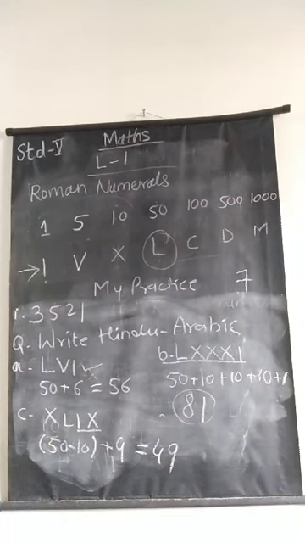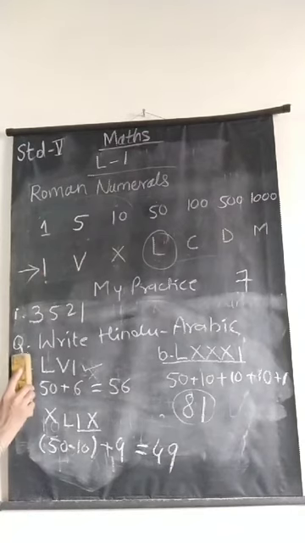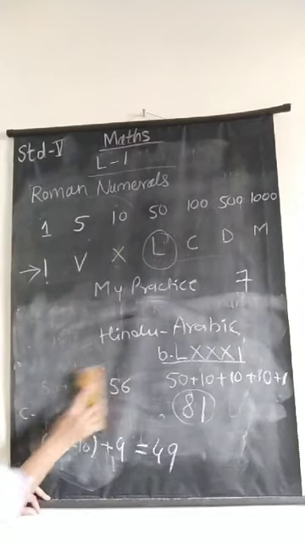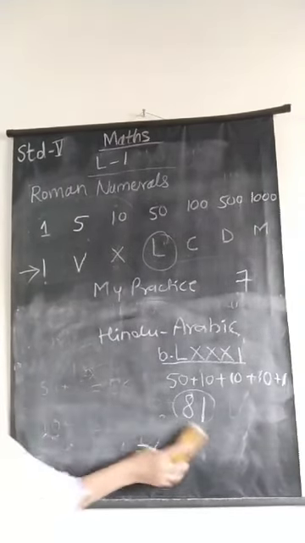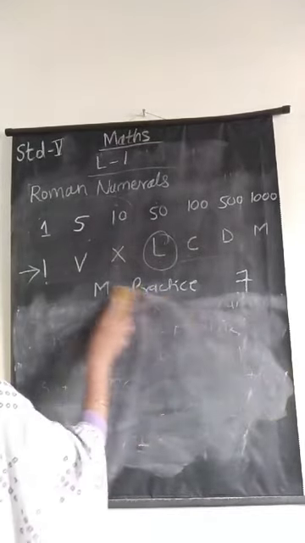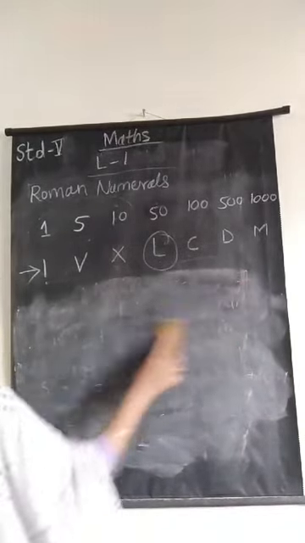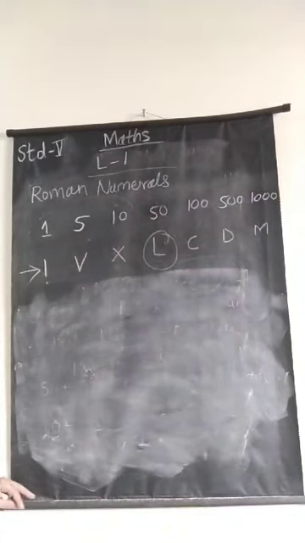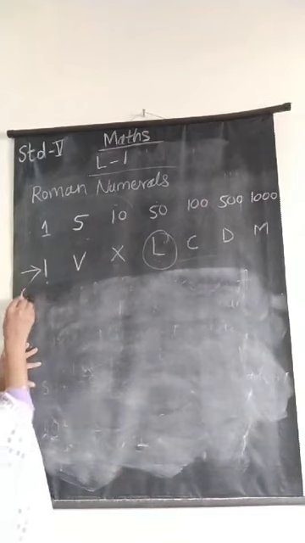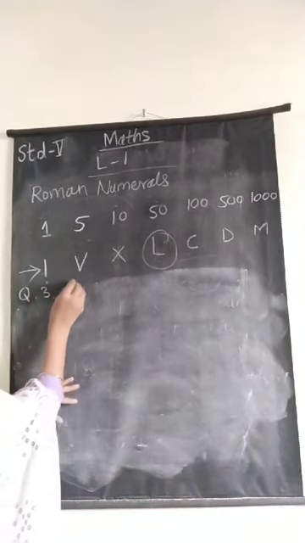Now the next is from question number 2. 3-4 examples more are there. You have to solve those questions, okay? And try to solve that. I will take the revision also and give the notes also, okay? Now the last question from this exercise, that is question number 3. Solve the following.